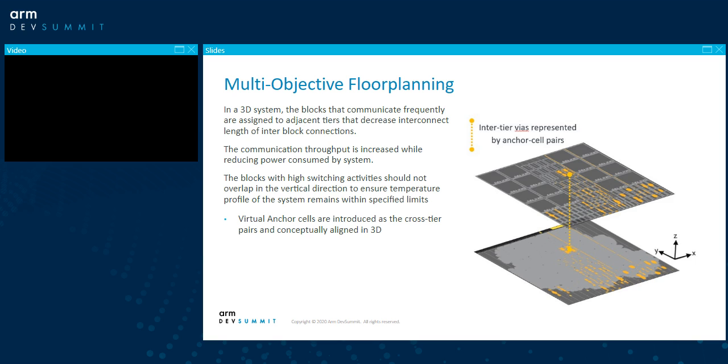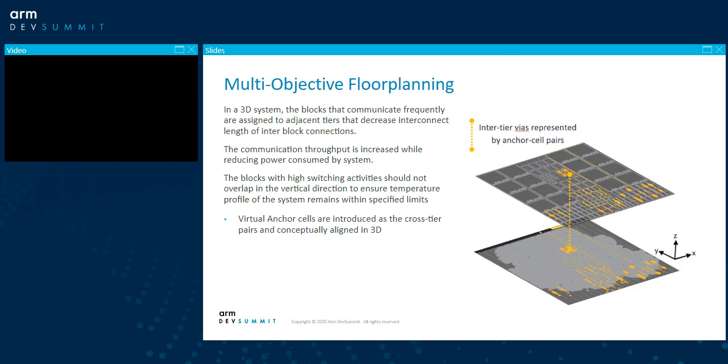That's also why we want to have the RAM, the memory, primarily to place the other die, because we want to minimize that kind of wire across the memory macros. So that's also the reason why we introduced a new methodology. I think it's all developed by ARM. It's called virtual anchor cell insertion. It's introduced to virtually represent the cross-tier pairs and conceptually align with 3D to enable that cross-tier co-optimization in